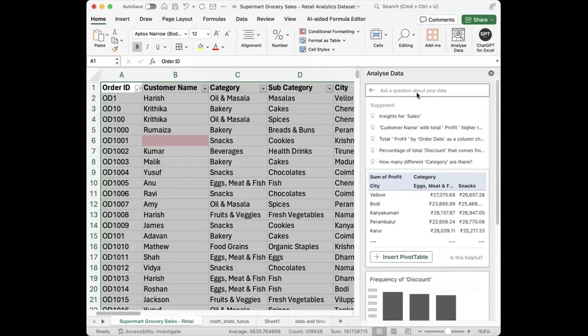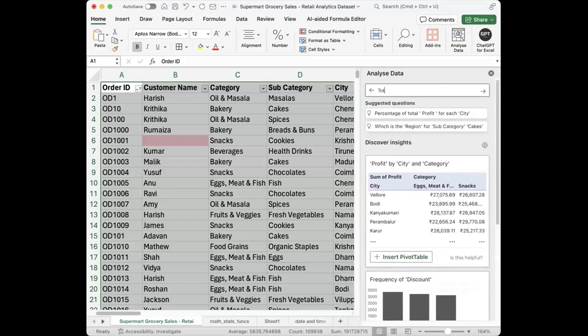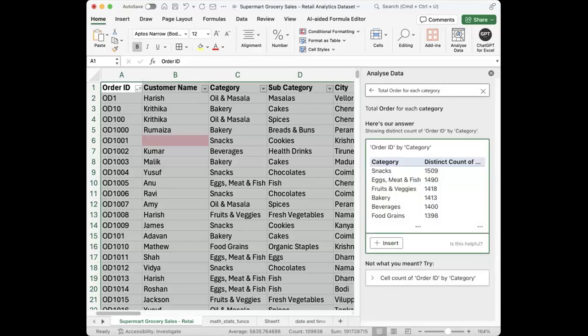If you want, you can give a prompt as well. Let's say you want to find total orders for each category. You don't even have to create a pivot for that. It will automatically within seconds generate it. Or let's say I want to find top three subcategory,